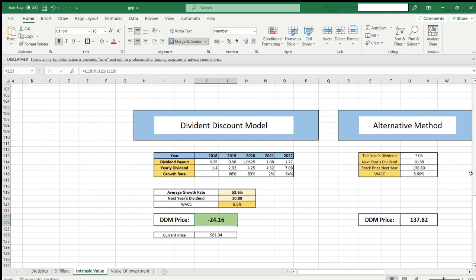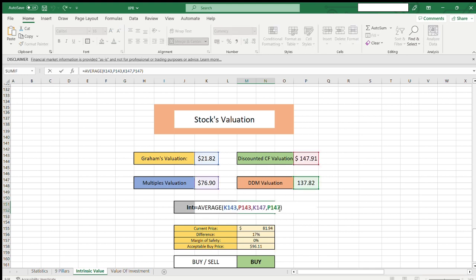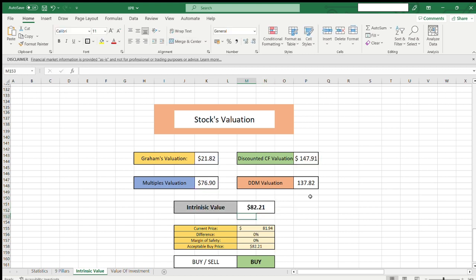Now we can move to our final valuation where we average out all the valuations: the Graham valuation, multiples valuation, discounted cash flow valuation, and the DDM valuation to get an intrinsic value of $96.11. Now, as the alternative dividend discount model is based on the analysts' projected prices for the next year, which are quite different to the current price of the stock, I don't really want this model to be in my final valuation. Therefore, I'm going to remove it from the valuation to get an intrinsic value of $82.21. Now, based on our 9-pillar analysis, I would want to apply a margin of safety of say about 12%, which would give us an acceptable buy price of